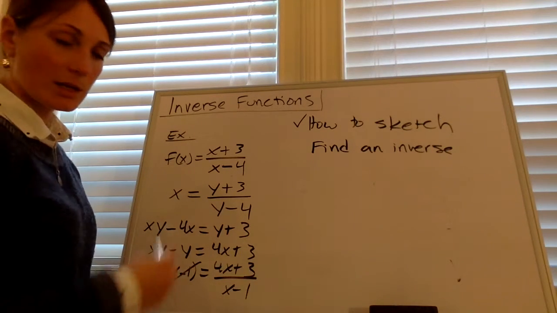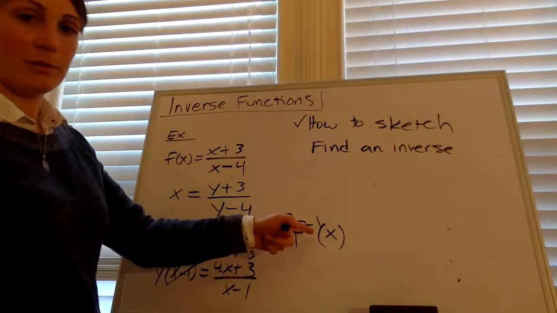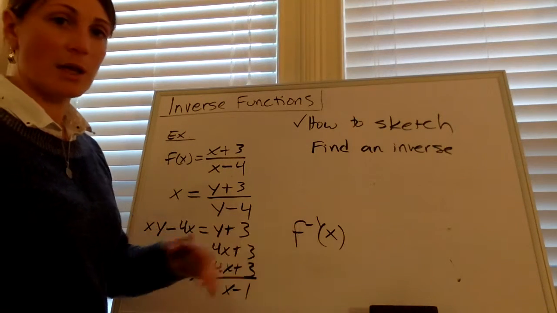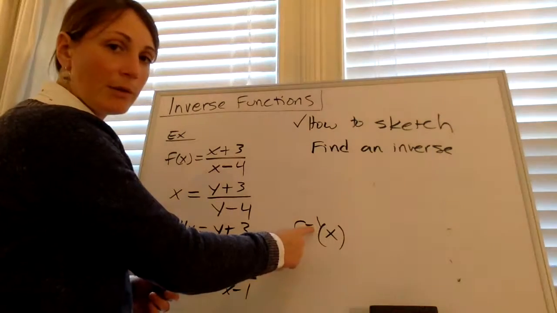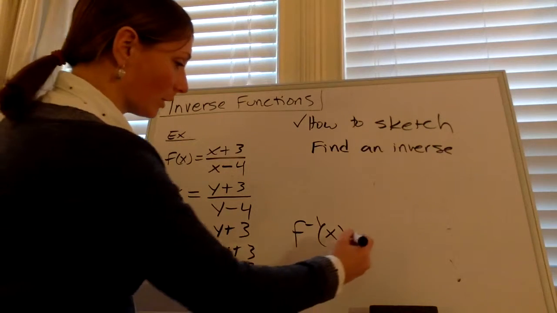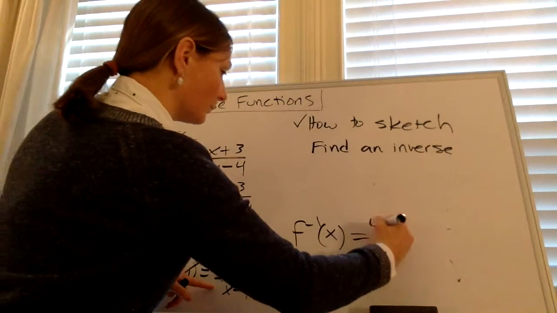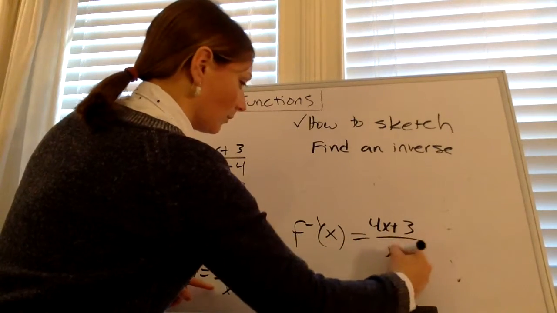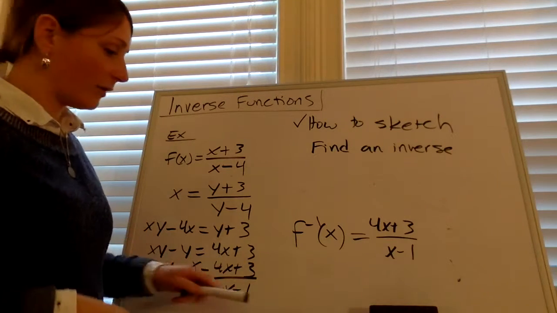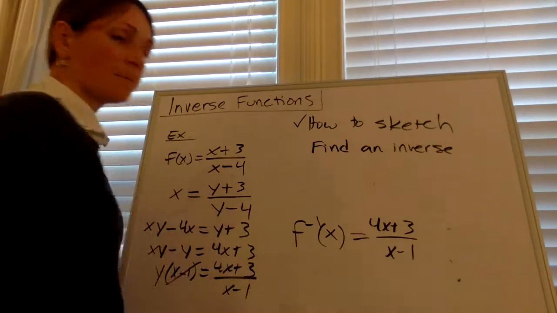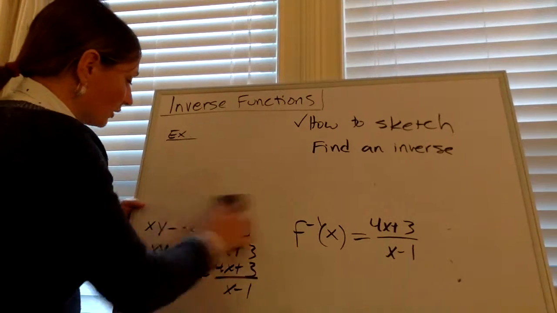And this is how we would say it notation-wise. f inverse, this notation means f inverse, not the same thing as reciprocal, even though there's this -1 exponent. Inverse and reciprocal aren't the same thing. Okay, so this is how you'll report your inverse functions. f inverse is (4x plus 3) over (x minus 1). Okay, so that's the algebraic method to find inverses. And sometimes you can tell the inverse equation just from looking at